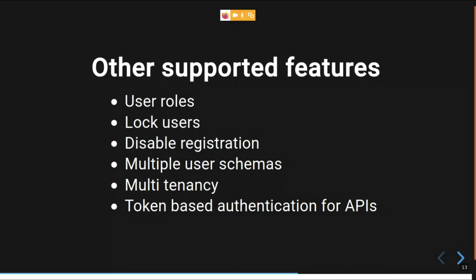With every authentication system, we know there will be an authorization system, and we can also have RBAC, that is role-based access control. So PAV provides a very crude, very basic user role system so that we can implement role-based access control.